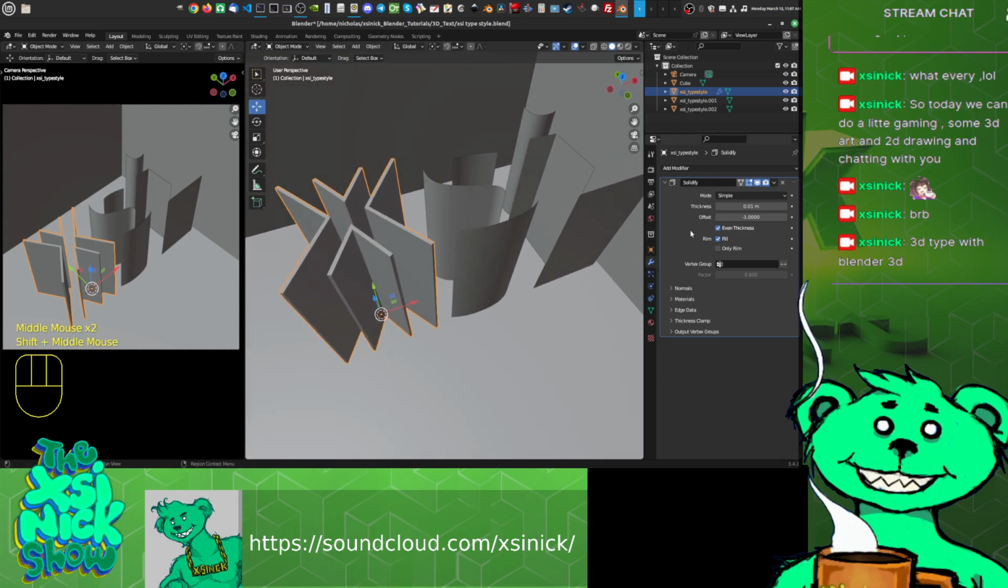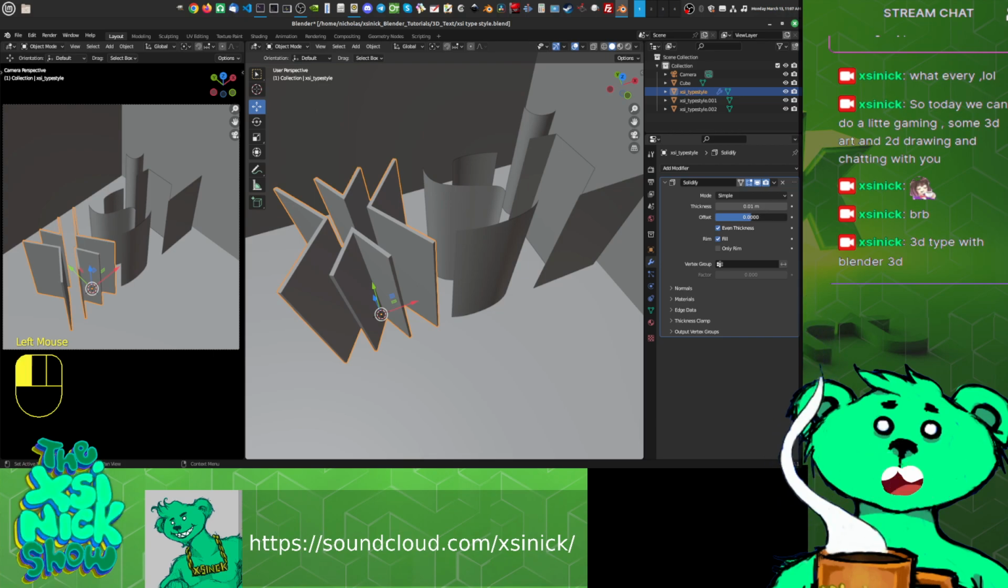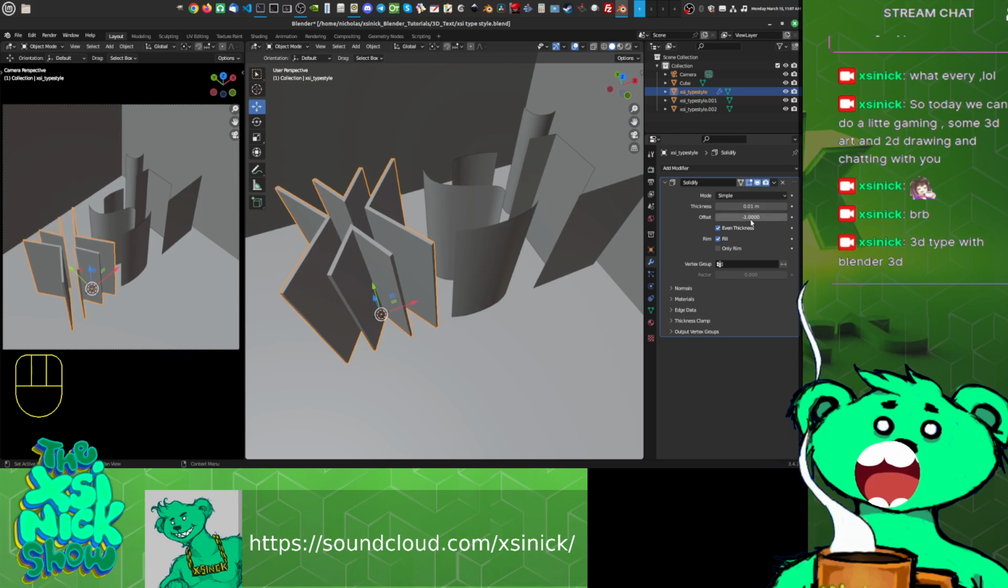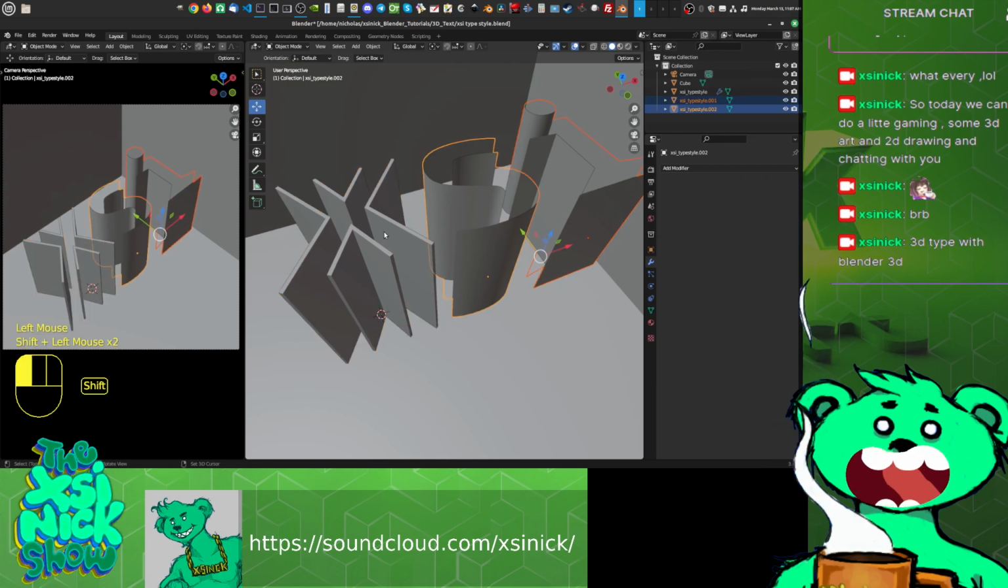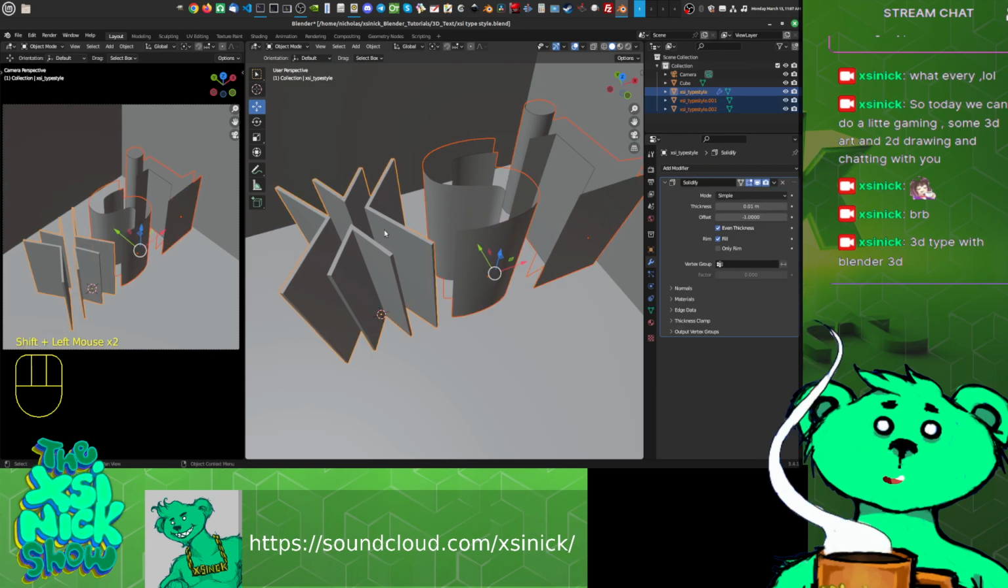Okay, and let's see, where do you want the offset? So let's do 0. The offset is going to be like that, or you could go minus 1, which is more on the inside. I like this. So what I'm going to do, I'm going to select this one, and then this last, and then I'm going to go